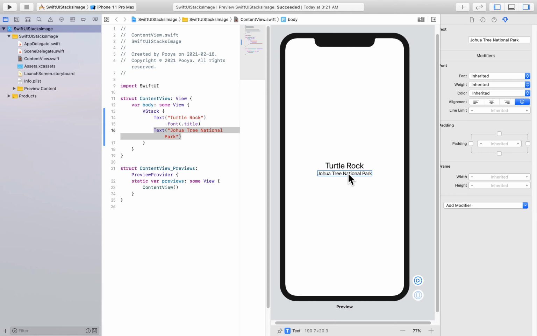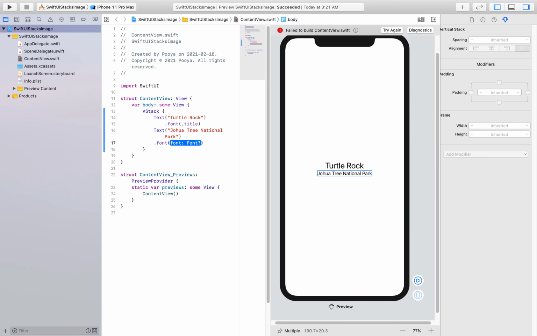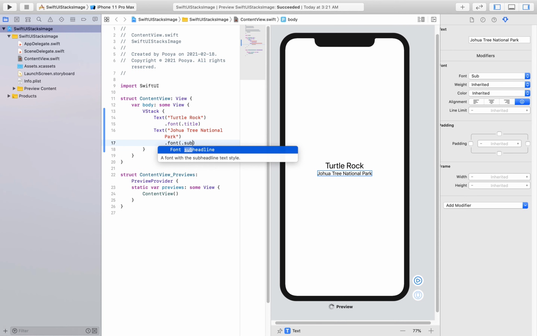And this one could be subtitle, but this one I'll do it by code, because you saw how easy it's gonna be here. Here I just say font and dot subtitle. Okay, now